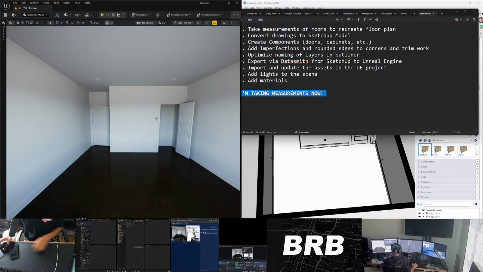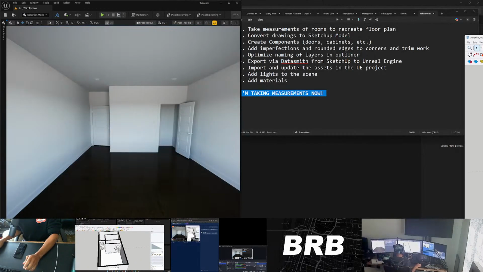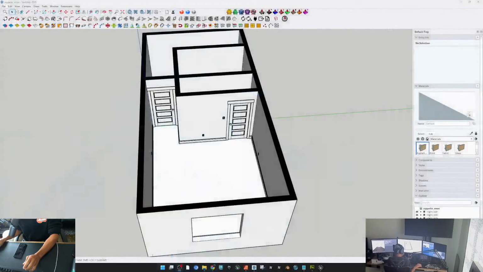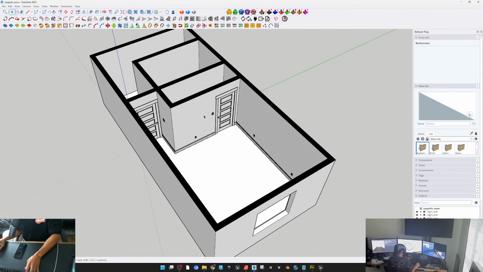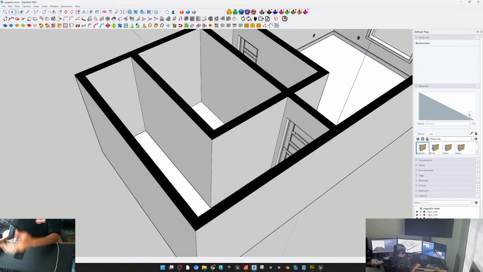So it would have been way wiser to have already had all the measurements. But I'll go ahead and just do a portion of this so that I can at least get a little bit of content for this stream. We're working on this area right here. For the most part, I've already got it